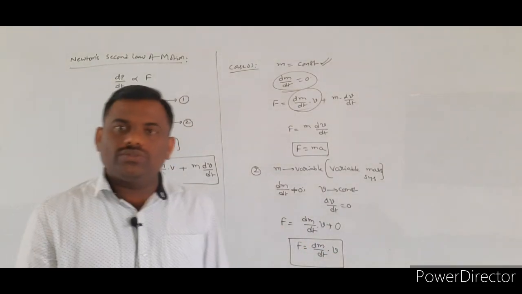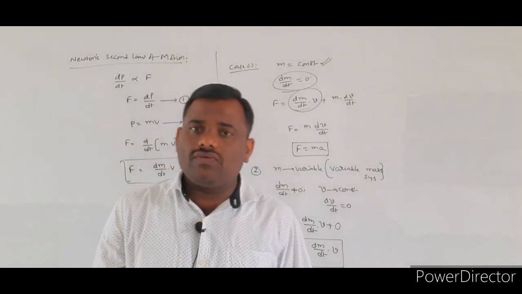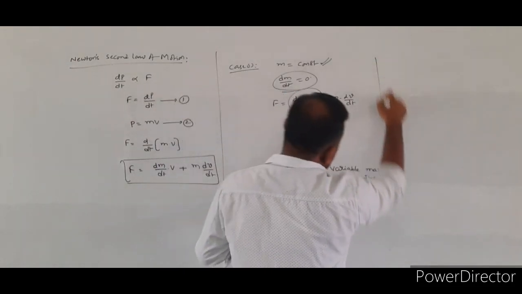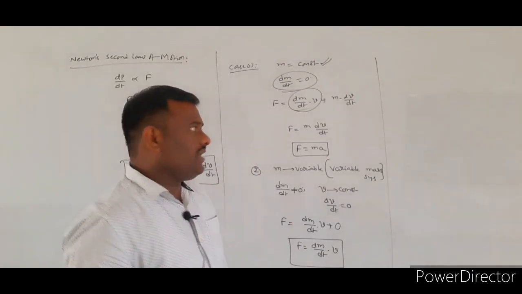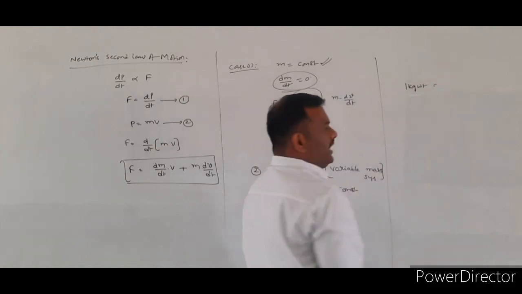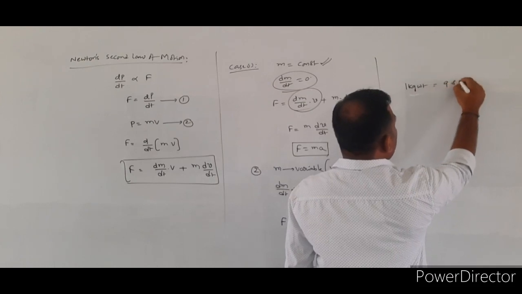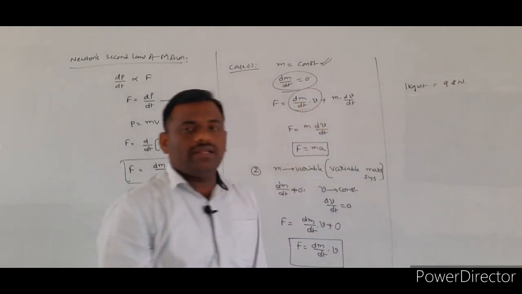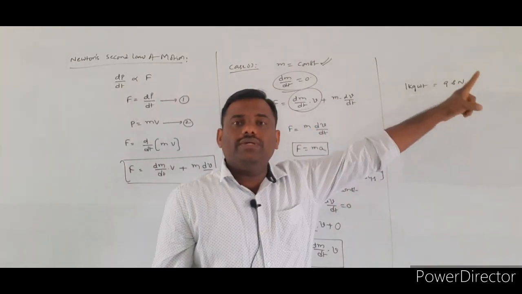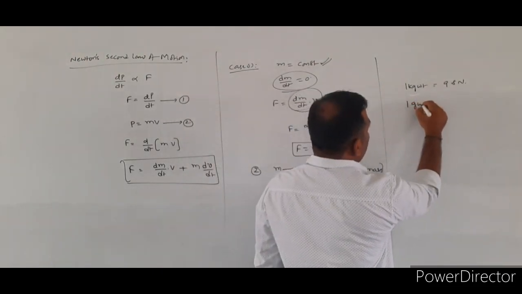So this is about Newton's second law. Already you know the SI unit of the force is a Newton and its dimension formula is ML T power minus 2. And there is one small conversion. What is that? 1 kg weight is also a unit of the force. 1 kg weight value is equal to 9.8 Newton. While in the numericals the conversion is very, very important. Sometimes they give 1 gram weight.